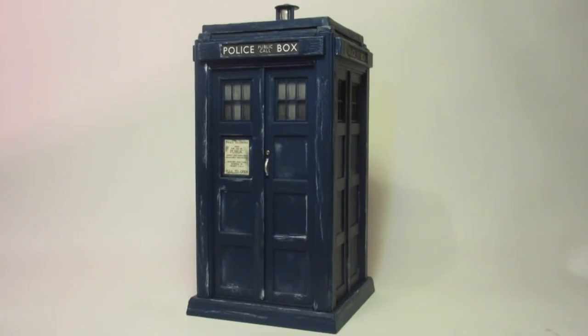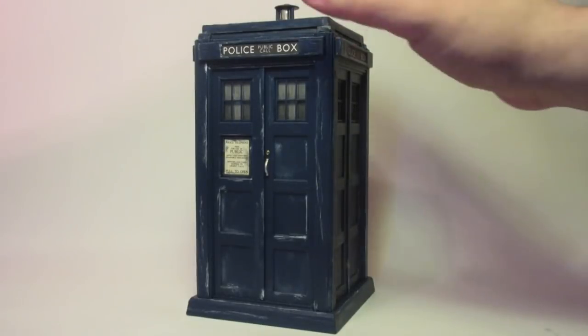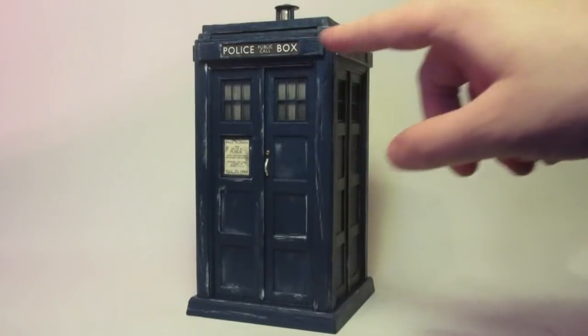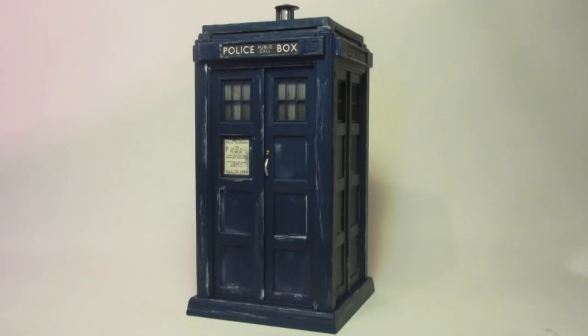But I think it's worked out really well. I'm very pleased with the signs. Now, overall, I know some people are going to say the signs are quite narrow, and they are a little bit narrow, so it's a little bit inaccurate on that front, but I actually quite like it, because originally my plan was to base it on what was seen in Power of the Daleks, but